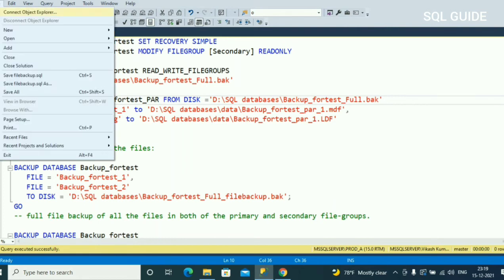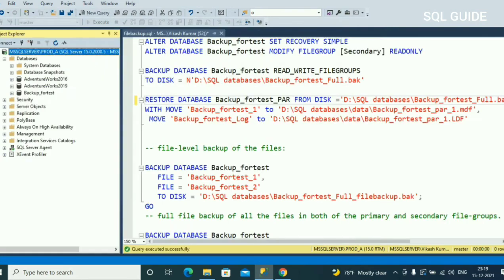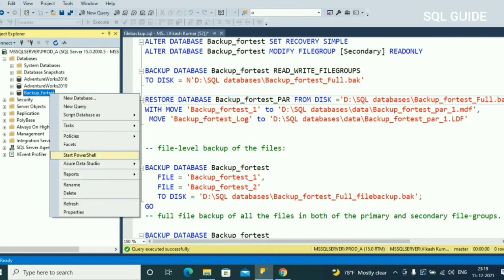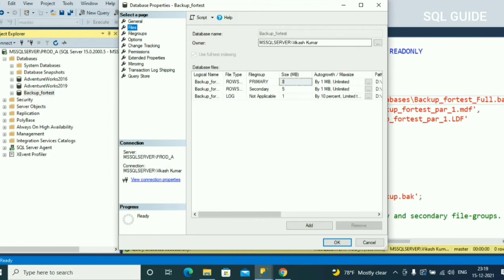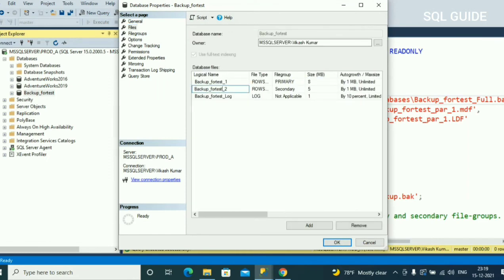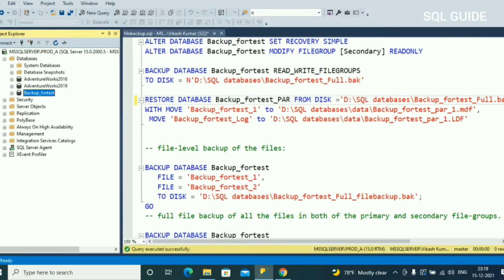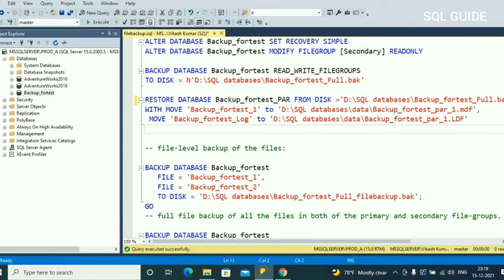Once again you can connect and see here, the backup for test has a secondary file group also, but the partial backup has not taken this file backup. So when I am restoring, I am using the first MDF file and the transaction log backup here.